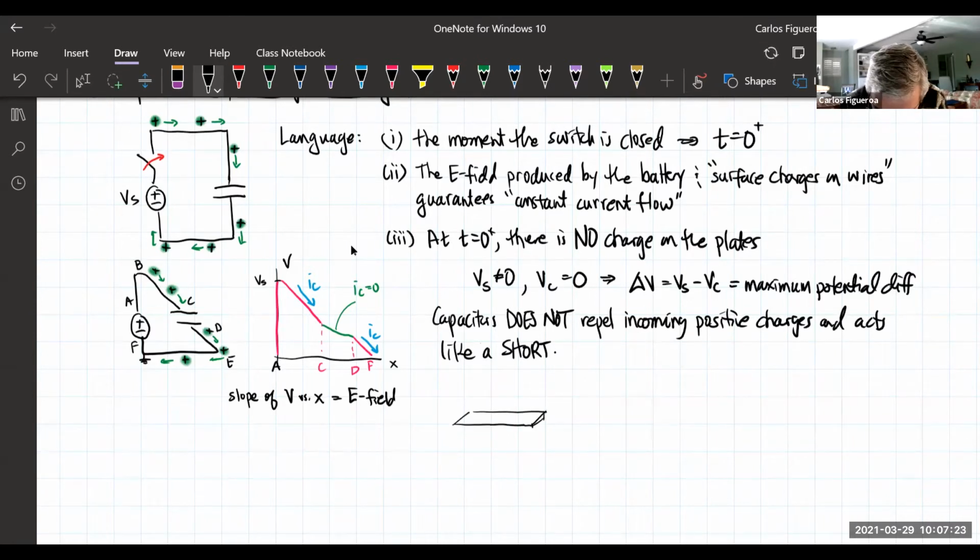Here's my positive upper plate here. By the way, I could do this with the lower plate too. It doesn't matter which plate. And so as if this is my wire right here, as I look at my charges coming in,